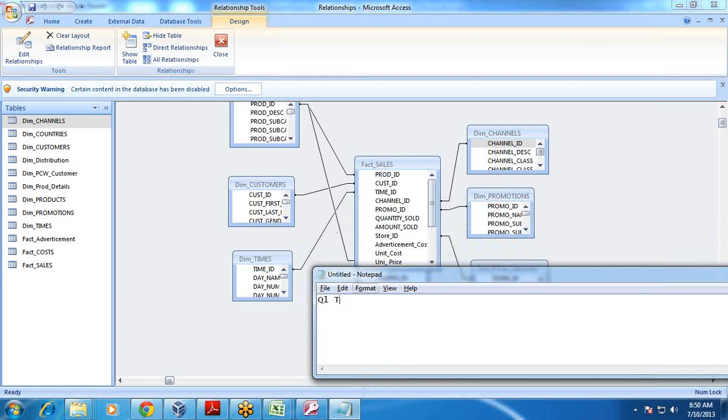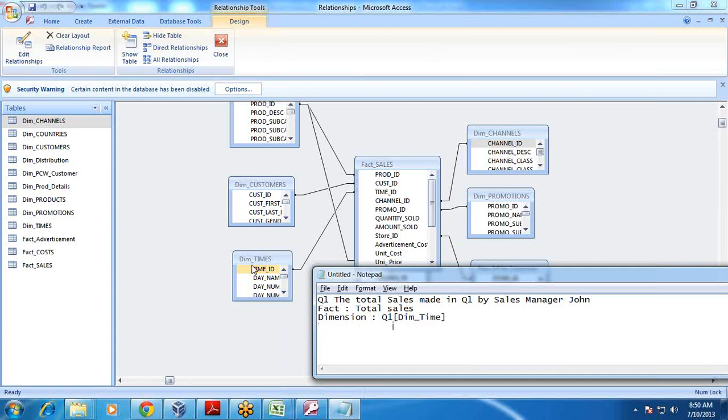The total sales made in quarter one by sales manager John, right? When I need to write this query, the total sales done by sales manager John in quarter 1, what fact do I need in this example? Total sales. With respect to what dimension? I need quarter 1, which is my time dimension, dim time in this example,